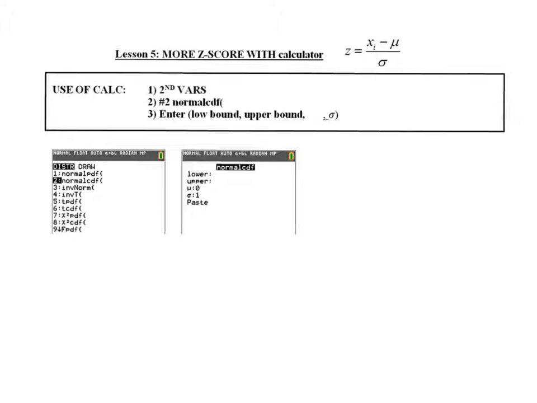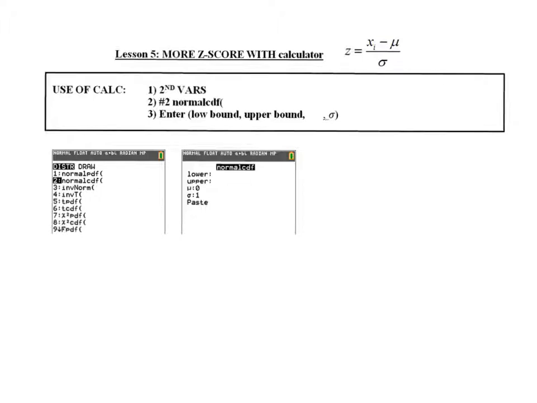Tonight in lesson number 5, we're going to do more work with the z-scores that we learned about in lesson 4. But today we're going to be using our calculator in order to be able to calculate z-score probabilities. So first of all, on our calculator, take a look. Make sure you've got your calculator in front of you because it's really important that you know how to do